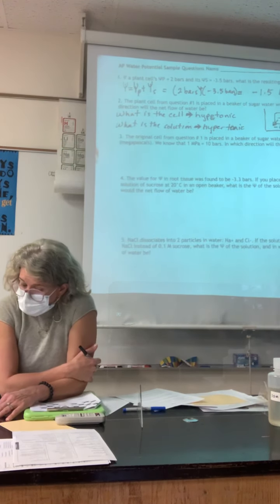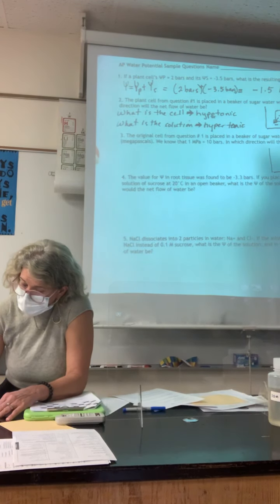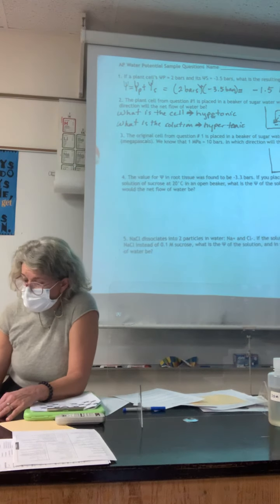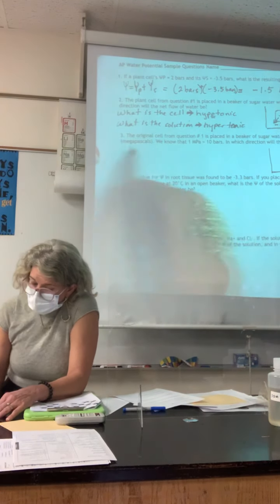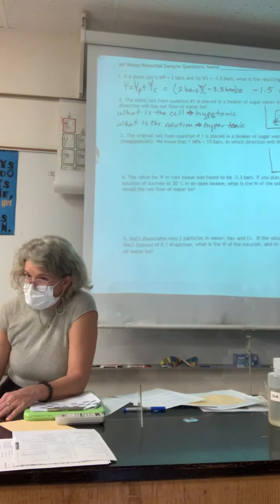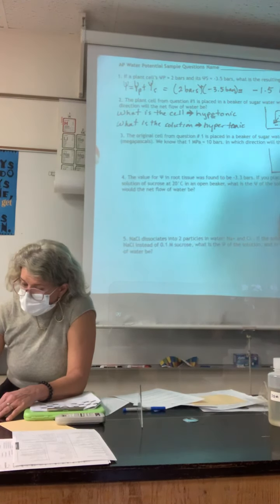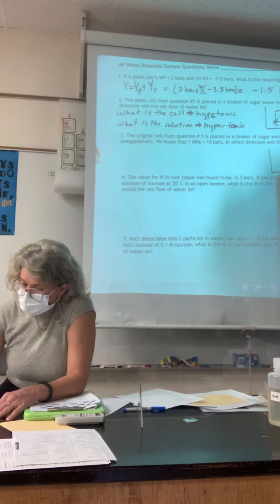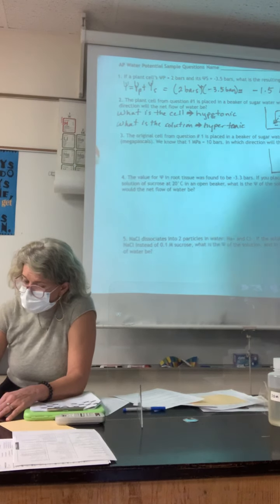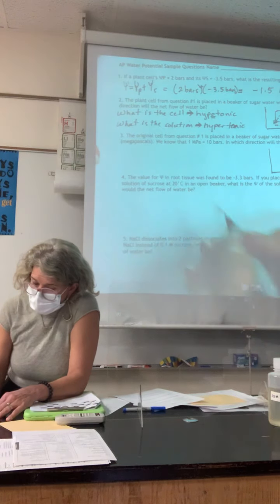All right, the original cell from question number 1 was placed in a beaker of sugar water with a solute potential of negative 0.15 megapascals. And then they tell you that 1 megapascal is 10 bars. So you need to know how to do conversions in order to make sense out of what you're given. So it's the same thing as the first. So that cell is still the same. Now we have to figure out what the solution would be when we convert it from megapascals to 10 bars,